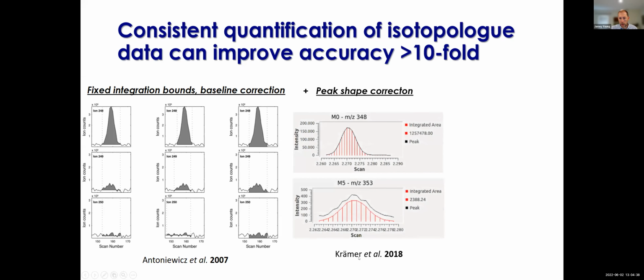Another more recent report came from Karsten Hiller's lab, where they described how doing peak shape correction by using the more abundant isotopologs within a series to help correct the peak shape of the less abundant isotopologs could allow you to quantify these isotopolog ratios and quantify the isotope enrichments at much lower limits of detection, which actually becomes really important when